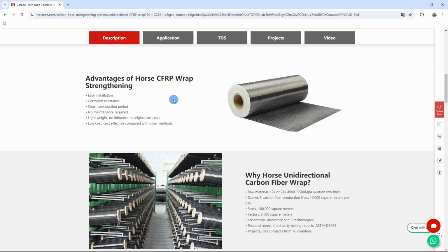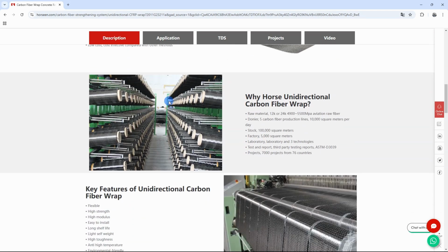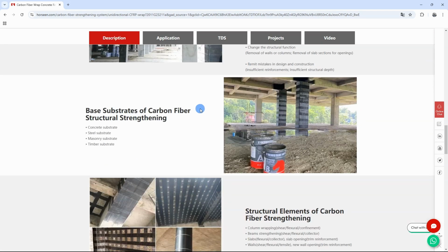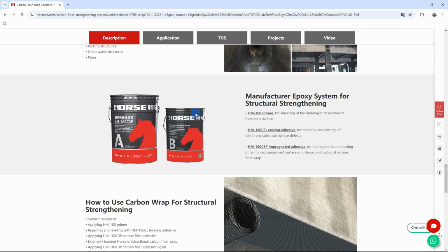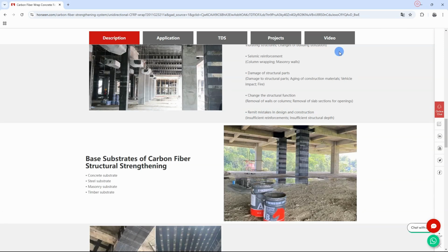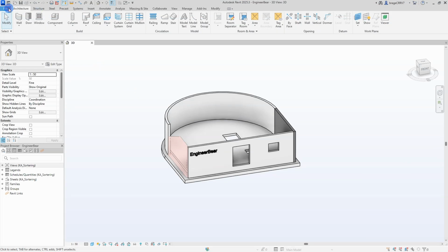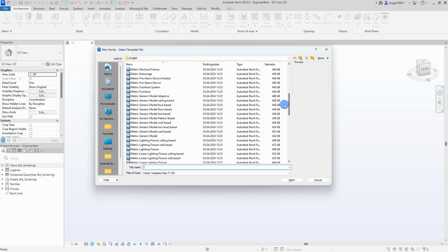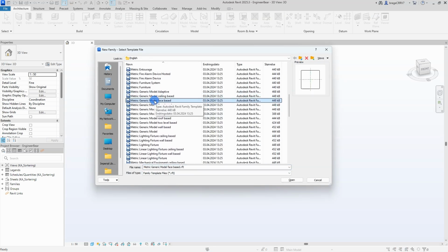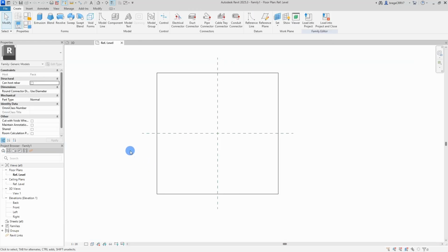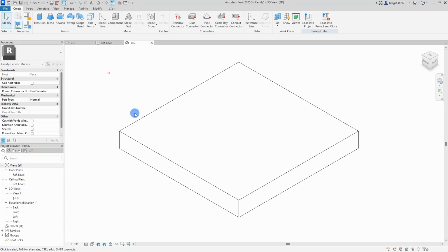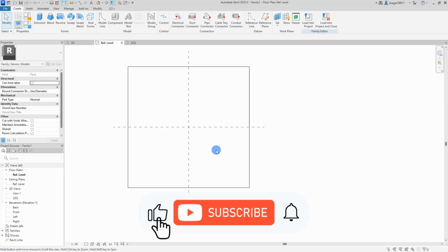In this tutorial, we're going to create a face-based carbon tape or carbon fiber wrap as displayed here. This tape reinforces existing structures like beams, columns, slabs and bridges, increasing their load bearing capacity. And since this tape is usually applied on the surface of other construction, I will make it as a face-based family, meaning it can be hosted on the face of another element within a project. This flexibility allows the family to be placed on any surface, such as walls, floors, ceilings, roofs, or even other